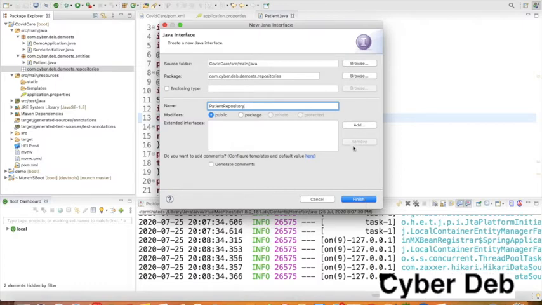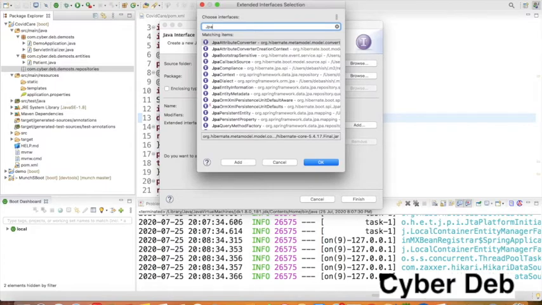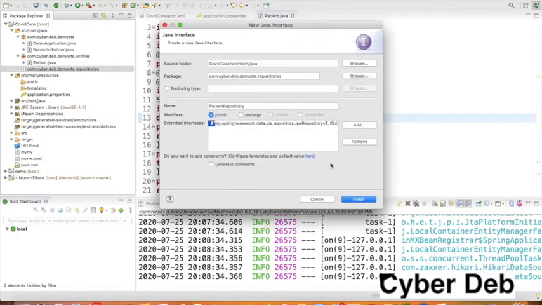Okay, so I can add who is going to be the super interface. JPA repository is going to be the super interface. That also I can add over here. So this repository is for which entity, that I can mention. It is going to be the repository of our patient entity.